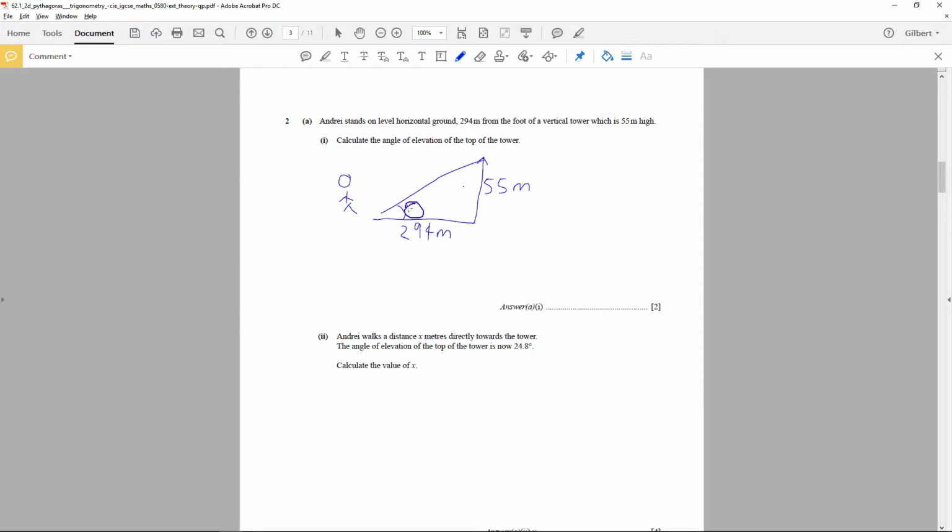Angle of elevation. Okay, so how do we calculate the angle? What we have here is the opposite and the adjacent. Using the formula tangent theta equals opposite over adjacent, theta will equal shift tangent 55 over 294. Okay, so your answer will be shift tangent 55 over 294, which is an angle of 10.6